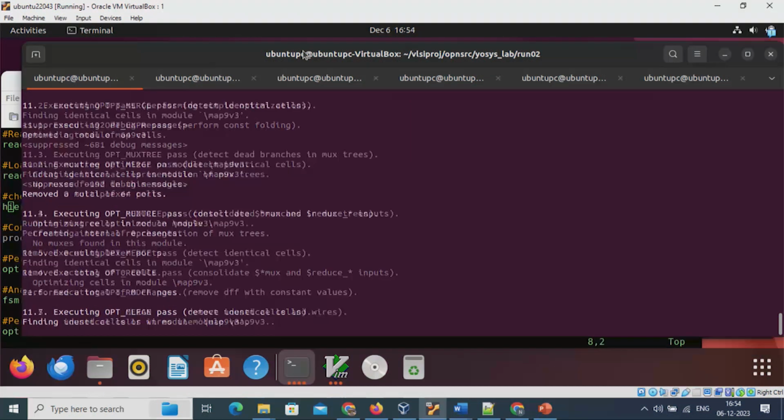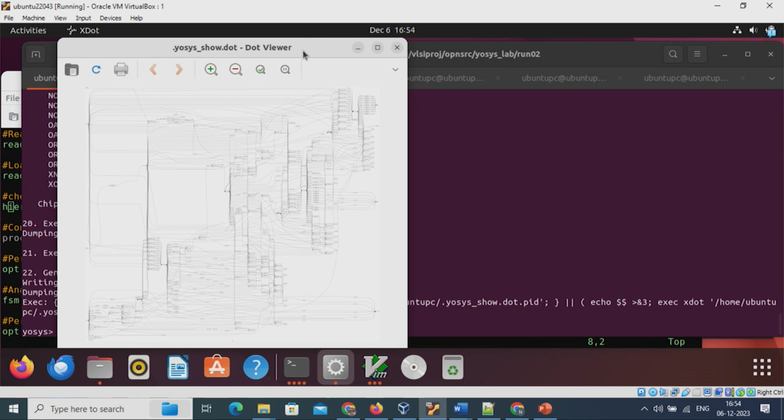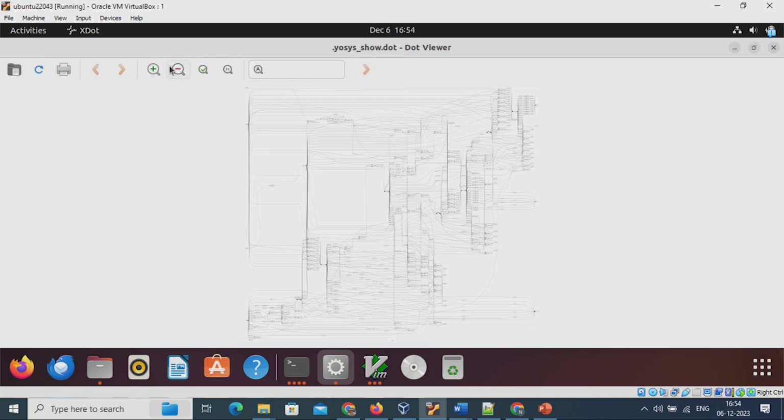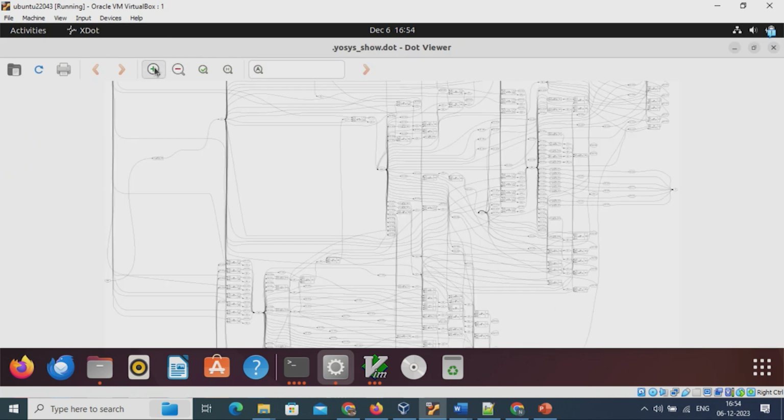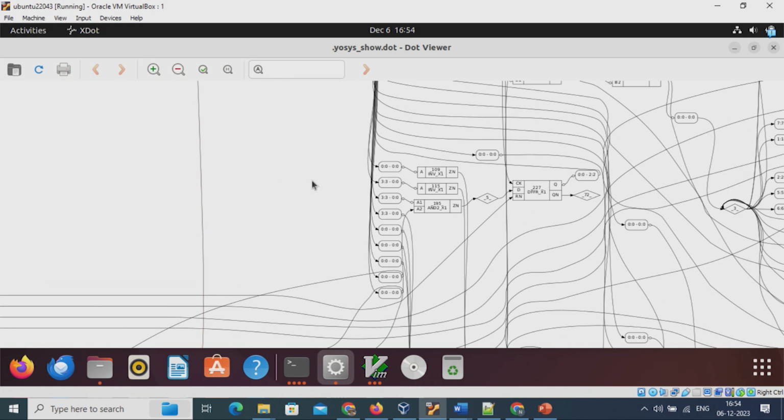So, all the commands will run together and at the end you will get the gate level netlist. It will show the gate level netlist in a graphical user interface. So, if you can go to this graphical user interface, you can see the different cells what is there inside the gate level netlist. We can zoom it a little bit more and you can see